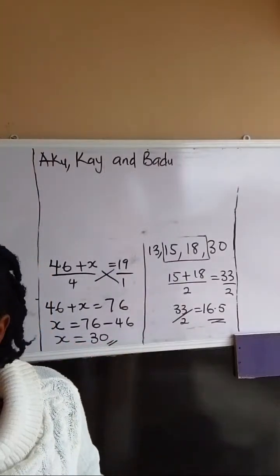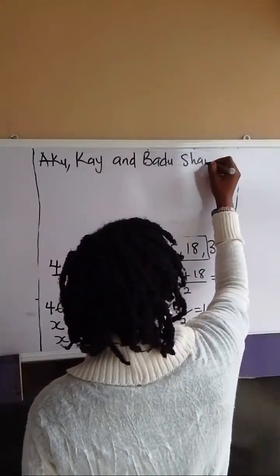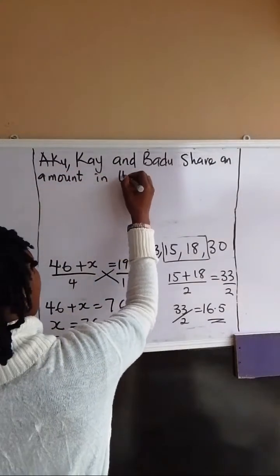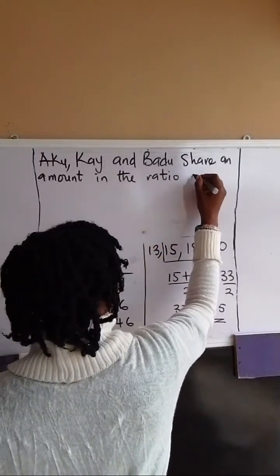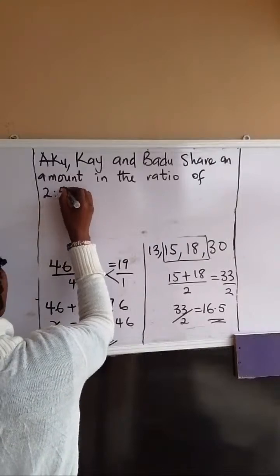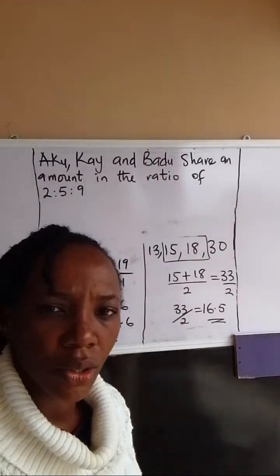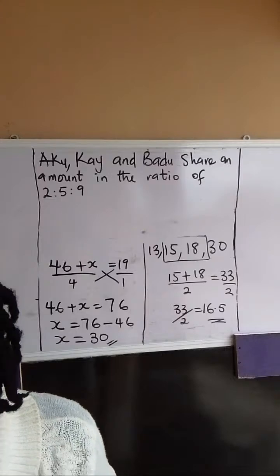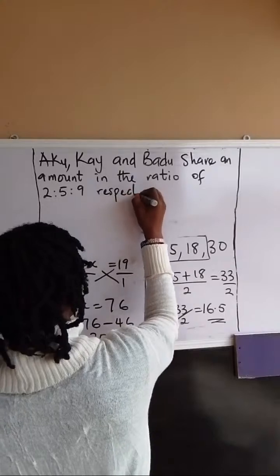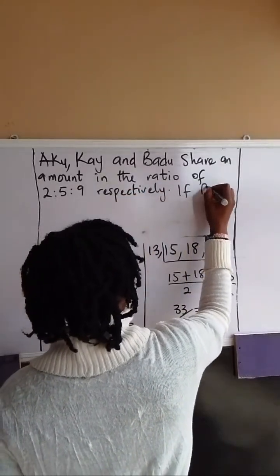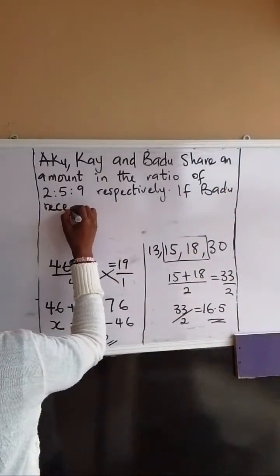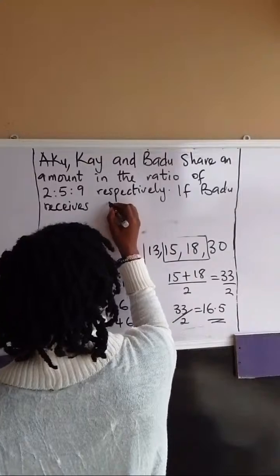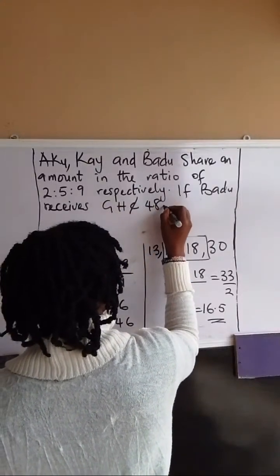Aku, K, and Badu share an amount in the ratio of 2:5:9, respectively. If Badu receives 48 Ghana cedis,